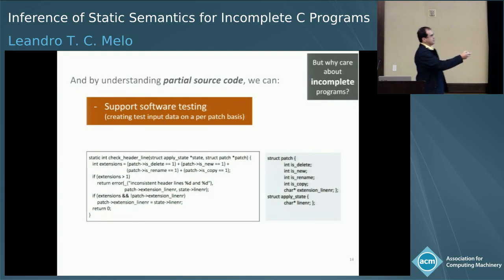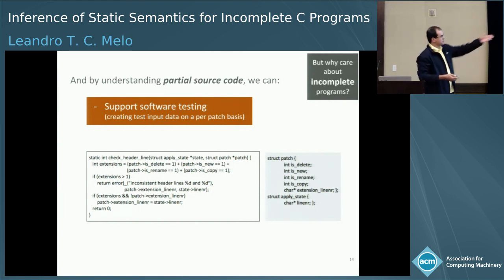But this is a patch that went to the Git repository, to the Git project itself. It does a check in the commit, when you do git commit, and it does some checks. This function was the actual patch there, and the call to the function. What if we can just take that patch, which is like 10 lines of code, and generate input test data without having to compile the entire project that would be necessary?